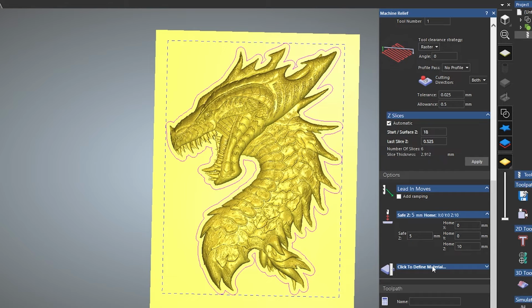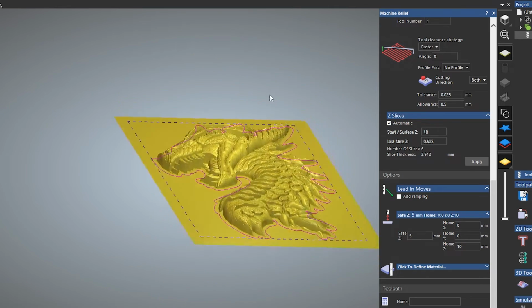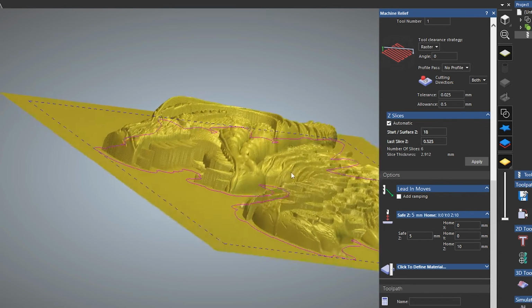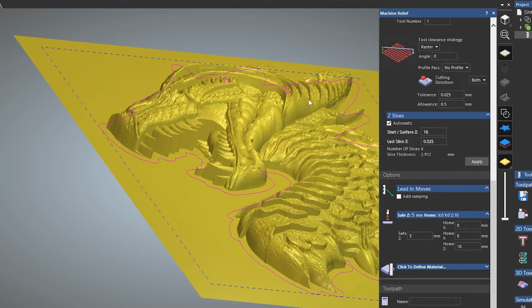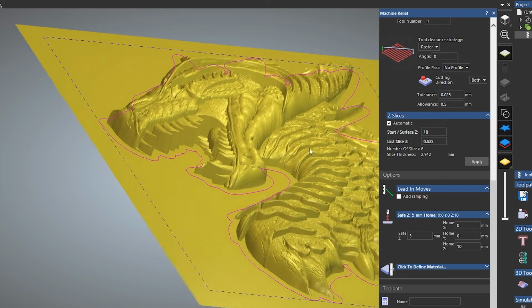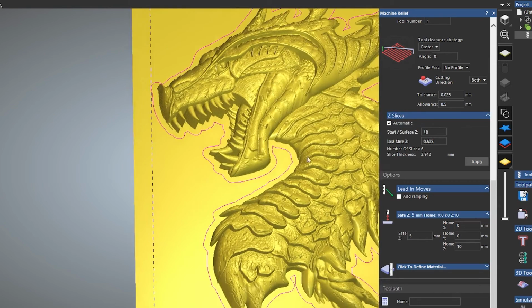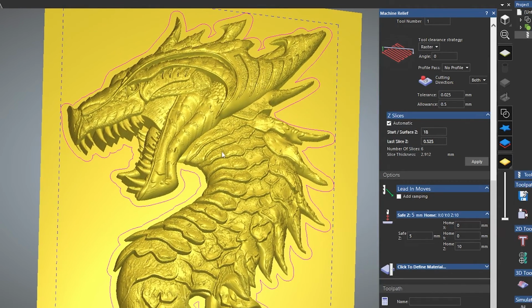Now, before we click in to define the material, I'm going to explain a quick thing to you because it's a useful tip to know. Whenever you have a 3D relief carving like this and you put in your material thickness, it will effectively take the highest point of that 3D relief carving and make that the top of your material. Now in this particular scenario, there's one high point, but the rest of it all sits below the material. But if you've got quite a high 3D relief carving and your wood is not perfectly flat, you may find you start missing detail as a result of this. And I'll show you a quick tip to get around it in terms of offsetting the position of the relief